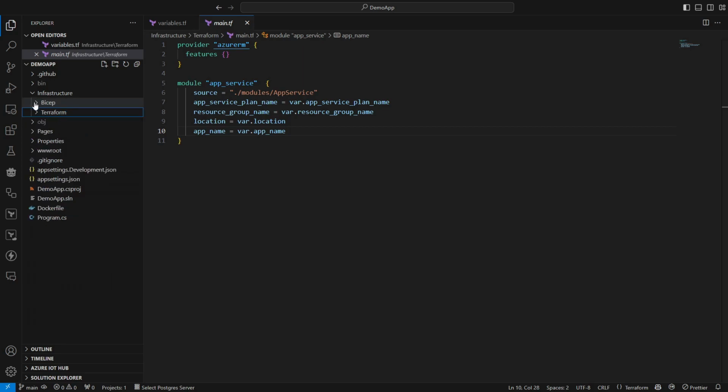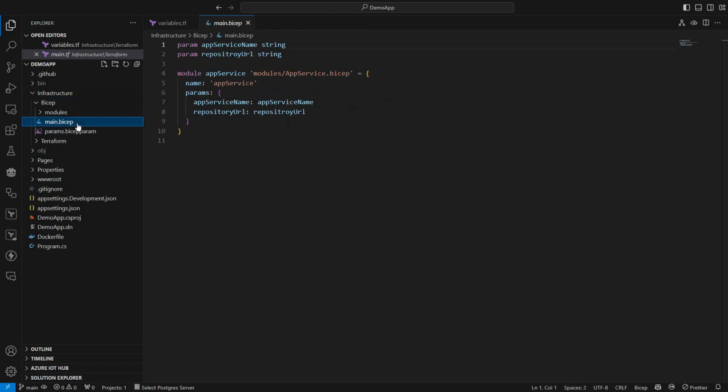So now let's move to Bicep. So in Bicep, I have a main.bicep file, and this defines again some parameters. So similar to Terraform where we're using parameters here. And then I have a module which is called app service, and I've defined that module here. Now, Bicep is specifically just for Azure, so it's not as flexible as Terraform in the way that you could have it across multiple clouds.